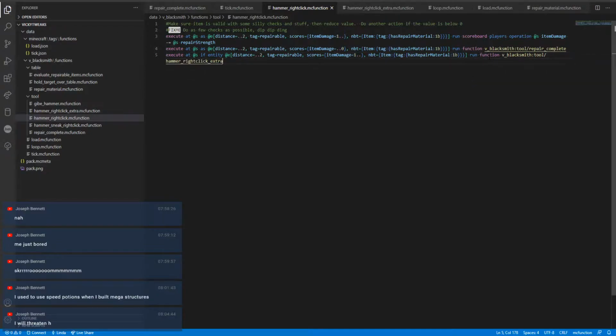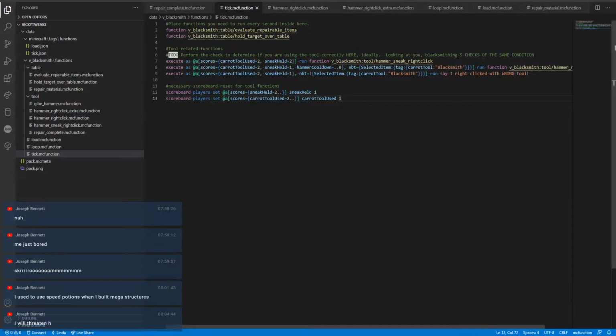There. So now the extra stuff should be running. Do not trust my ability to code. Okay, so it looks like these are the exact same two checks. So the blacksmith hammer...